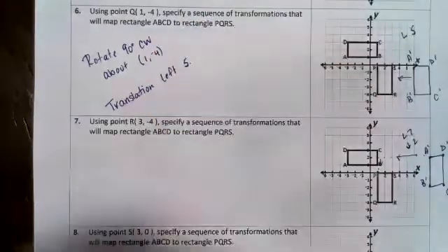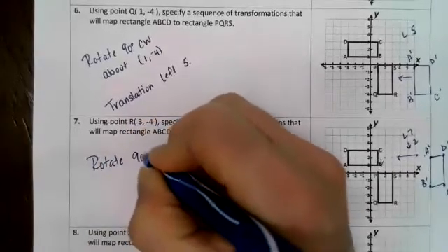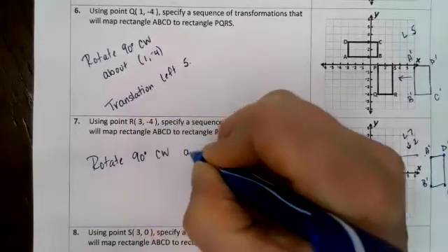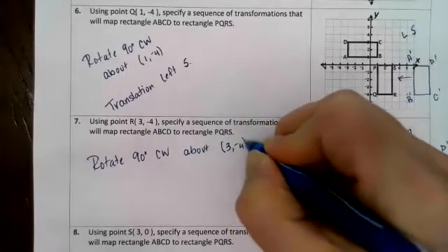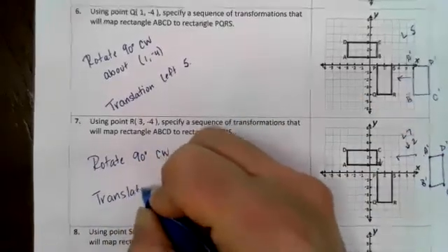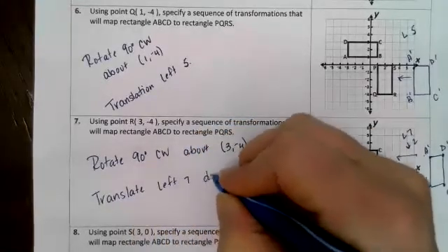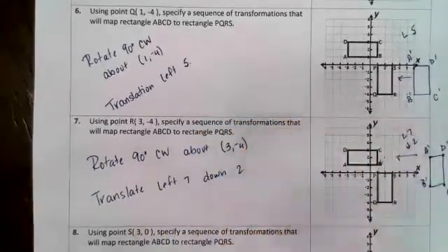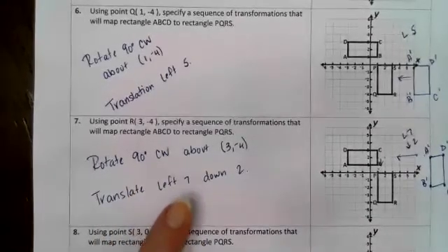I will translate, rotate 90 degrees clockwise about the point 3, -4, and then translate left 7, down 2. So these, in my opinion, are the hardest because you have to figure out what angle of rotation